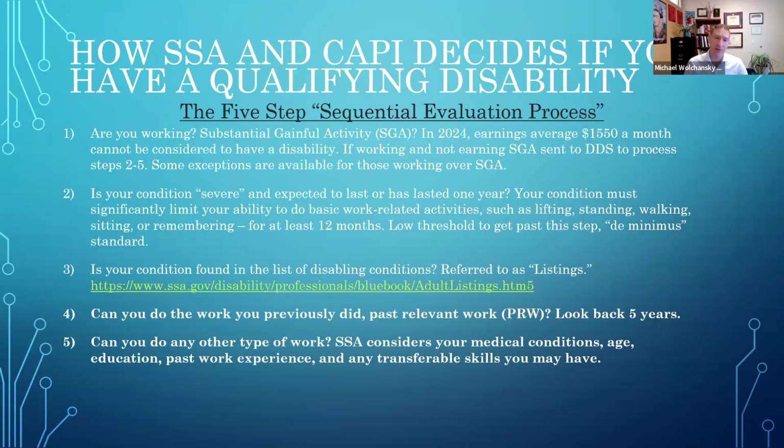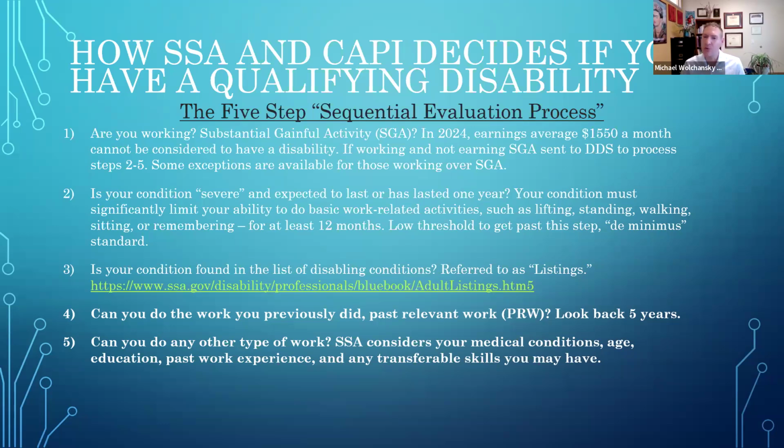If they're earning over $1,550, you have to ask yourself whether they're going to be denied at step 1. And if they are earning over $1,550, I probably wouldn't move forward. Again, situations can be different. General rule. Next question is whether your condition is severe and expected to last a year, 12 months,